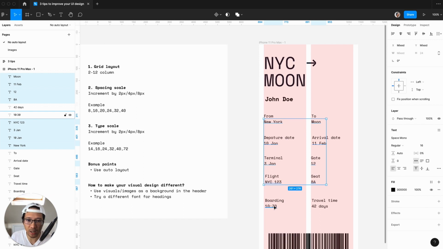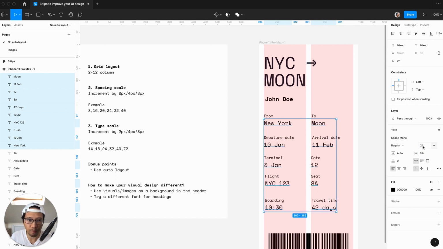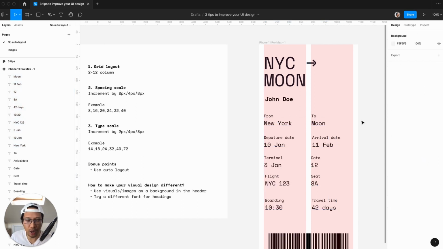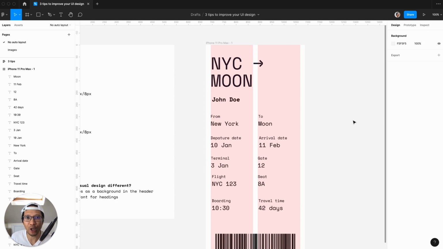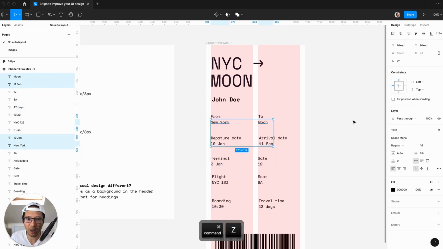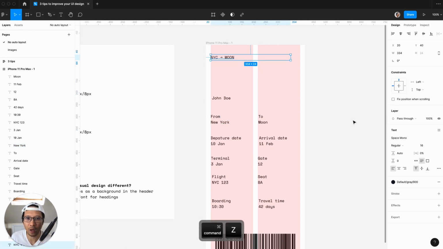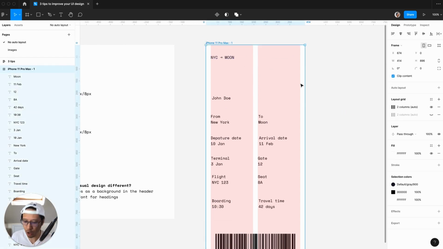So I'm just selecting these one by one, and it does take time, and I'm going to say let's go to 24. What I need to do, I should have duplicated this, shouldn't I? So you would have a very plain template to begin with. So I'm just going to quickly go back into the future, if that makes sense. Let me just Command Z all the way, because I want to duplicate this so you can see how it all started from nothing. Okay, so let me just duplicate that